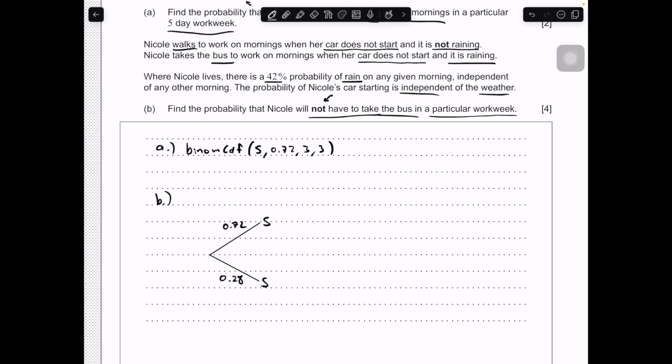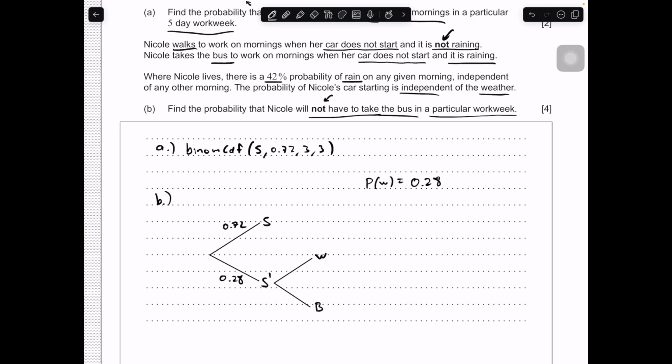And what is the case? If it doesn't start, she either walks or she takes the bus. So this is her walking. This is her taking the bus. She walks on mornings when her car does not start and it's not raining. So the probability of her walking is equal to the car not starting, 0.28, times